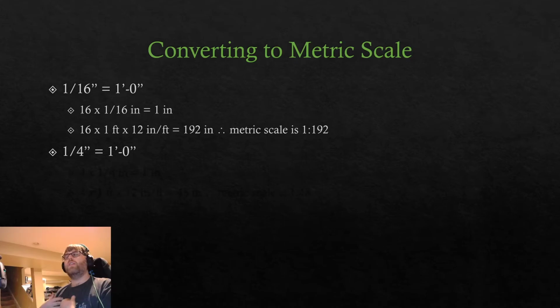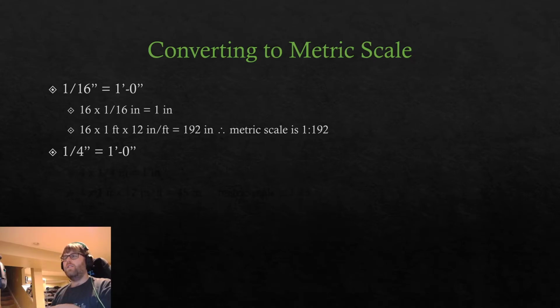And then we just do the exact same thing we did on the last slide, which is changing that 16 feet from feet to inches. So you'll have 1 inch is equivalent to 16 times 12, which is 192 inches, which is a metric scale of 1 to 192. So similar to last time, if you want to pause it and try it yourself,